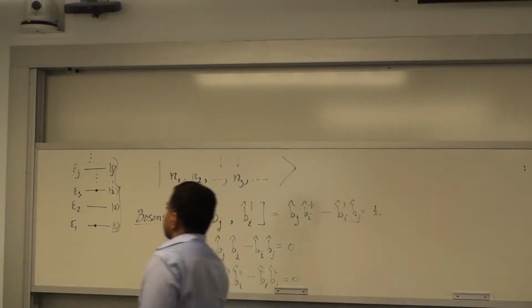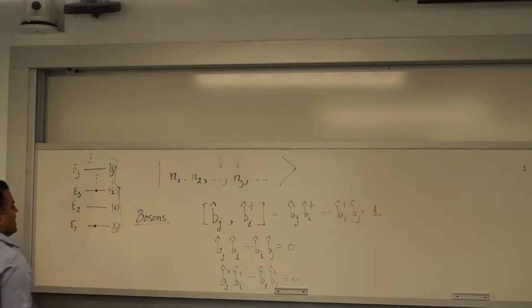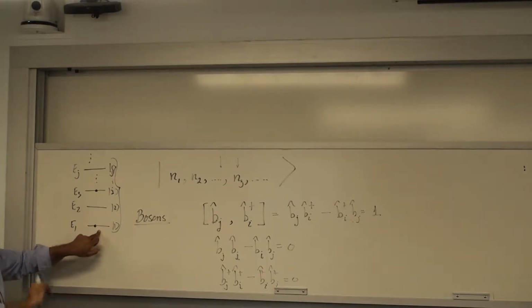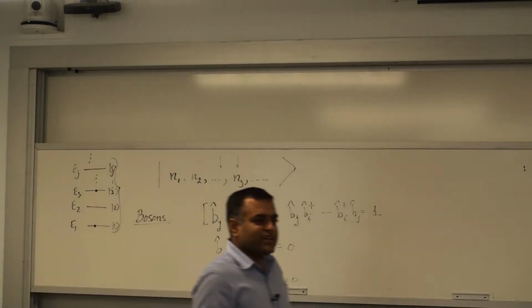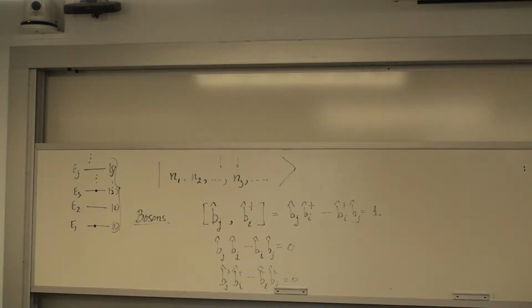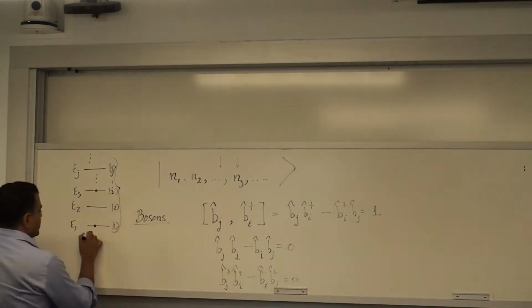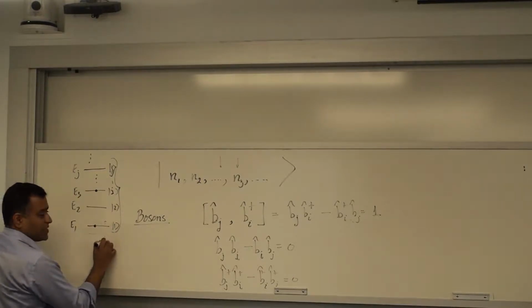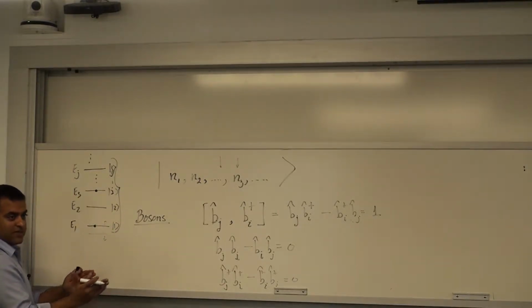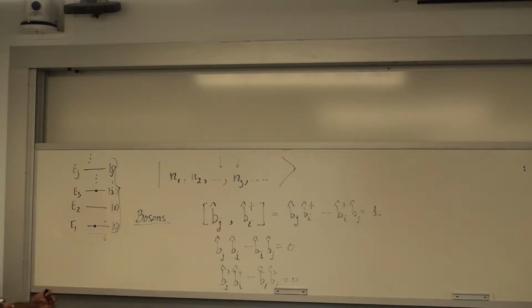Each of these states, each orbital, has its own creation and annihilation operators. Several orbitals on one state? Are there several orbitals, like spin up and spin down? Yes. If I have spin up and spin down, I will split them and say that this is spin up and that's spin down. They're two different orbitals, but they're at the same state.